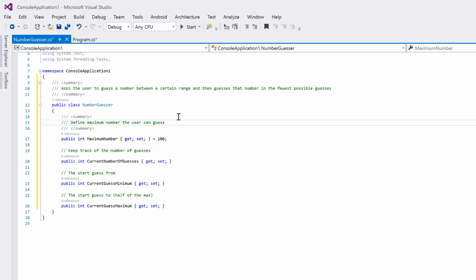Add back the third slash, and then define maximum number of guesses. Now this is a comment to ourselves, so this is sort of a non-English sentence, if you will. It's shorthand, it's just define maximum number the user can guess. We want to be more explicit because this is what another person that hasn't written this code is typically going to read. So we want to define this as the